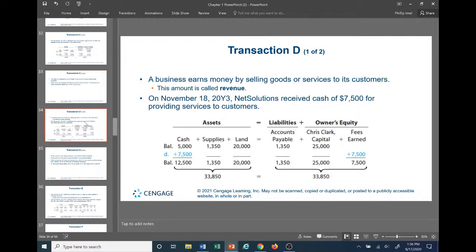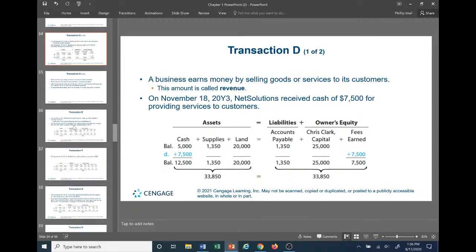Let's add another transaction into the mix here, into the accounting equation mix. Okay, once again, recall all elements of the accounting equation are already in effect because they've all been triggered now. One of the previous transactions that's already transpired has triggered an asset, liability, and an owner's equity. So we're in full-fledged here with this accounting equation now.